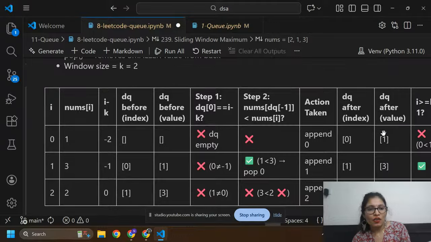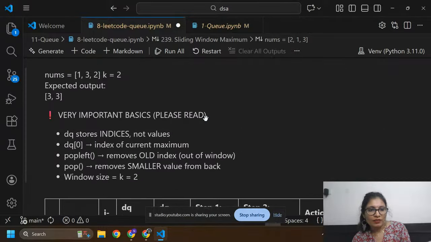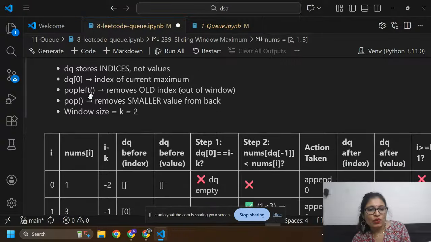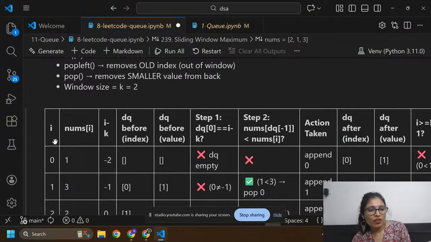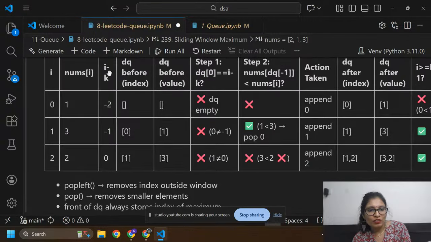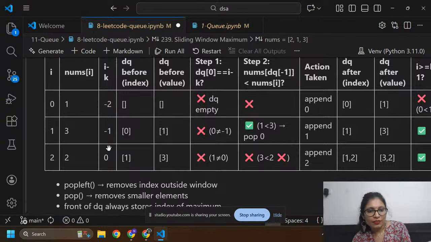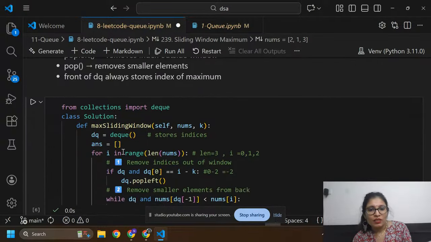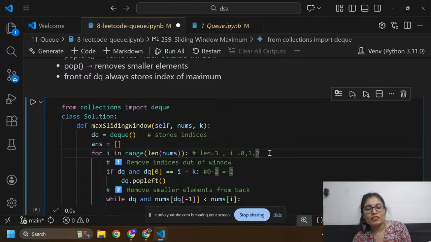Okay, now after this I am going to use number 3. So at index 1, now I increase by 1, so index is 1, sorry, number is 3, and then I equals to 1, that is index. Okay, so here I am going to calculate this I minus k. So I equals to 1 now. So I am going to take number, that is 3.